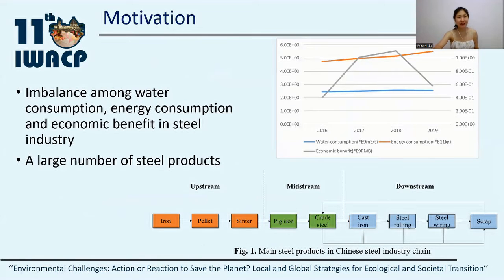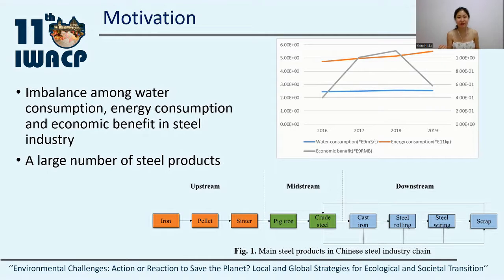We all know that the steel industry is very important because it could help a country to improve their economy, especially for China. But it also needs a lot of water and energy. From this figure, we could see that there is a huge imbalance among water consumption, energy consumption, and economic benefits